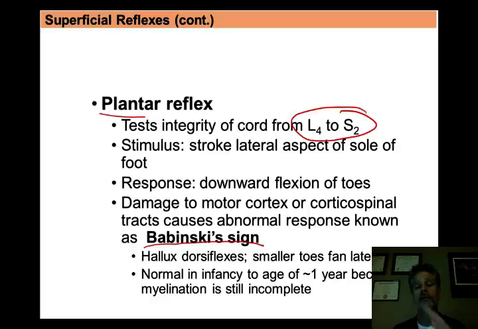And so when you're under a year, when you do this, the normal response is to get the Babinski sign where you get the dorsiflexion, but then after a year, 2 years, etc., you do that same thing and you should get the plantar flexion, showing that these neural pathways are developing properly. Okay,